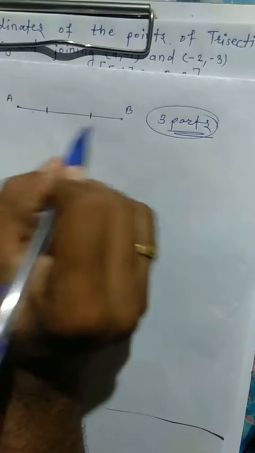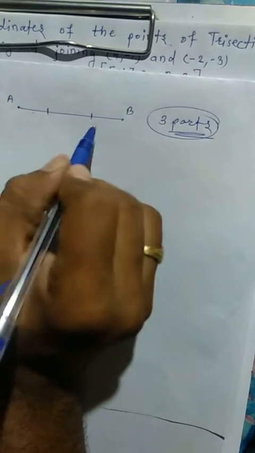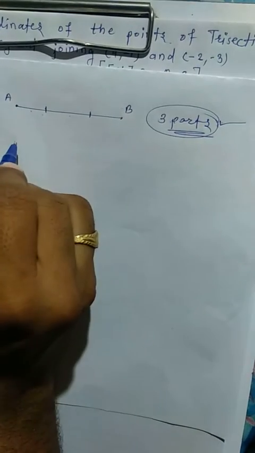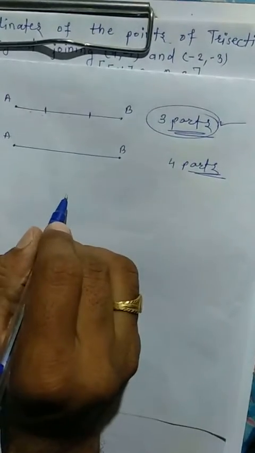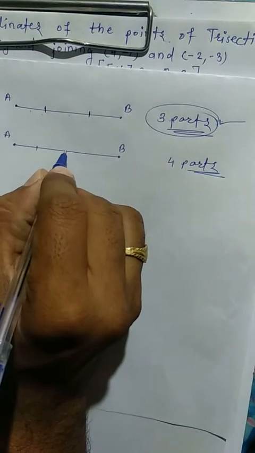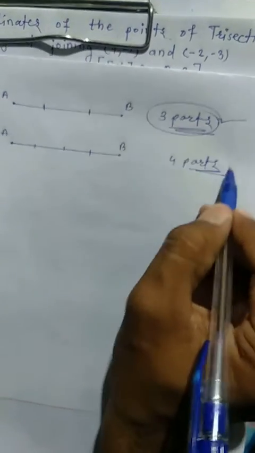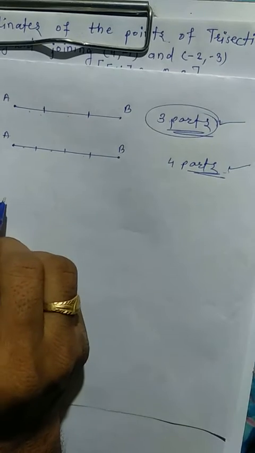So here we will get 3 parts. So if we are getting 3 parts, it means how many points are we getting? We are getting 2 points. If the line gets divided into 3 parts, then we are getting 2 points. Similarly, if the same line segment AB gets divided into 4 parts, then how many points are we getting in between these 2 points A and B? We are getting 1, 2, 3 points. So 4 parts, and 3 points. The 4 parts are the first, second, third and fourth part, like this.